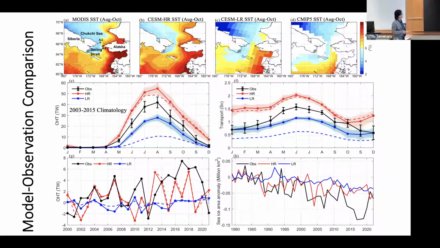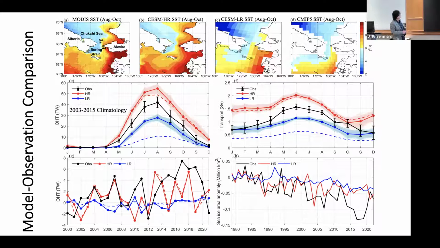So then the next question is, well, that's just comparing the high resolution and the low resolution model, right? Is the high resolution model really getting better simulations compared to the observations? So we looked at the observations. Unfortunately, observations near the Bering Strait are very difficult to find. We have very few observations we can get our hands on. So I'm showing you a few